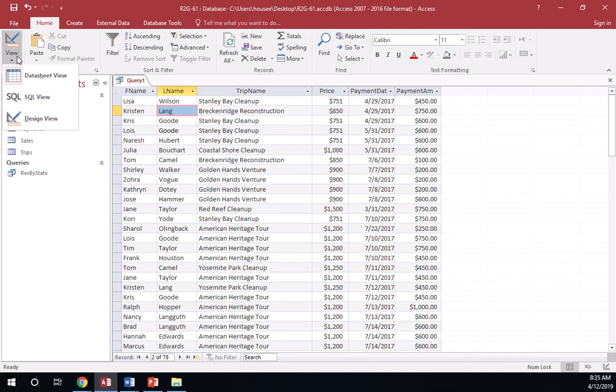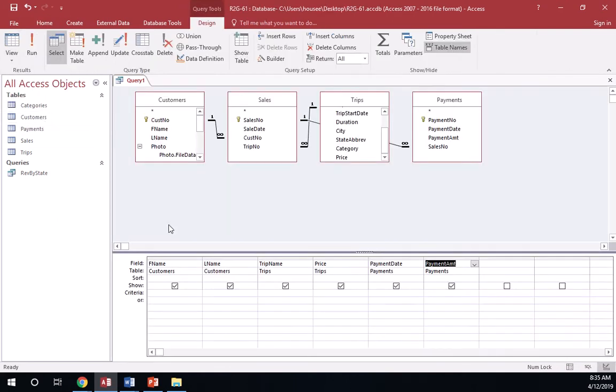So next we're going to go back to view, and we want to be in design view this time. We're going to come back and work in this view, configuring our query. Down here in the bottom, we're going to click in the sort options under first name, and we're going to click the down arrow and